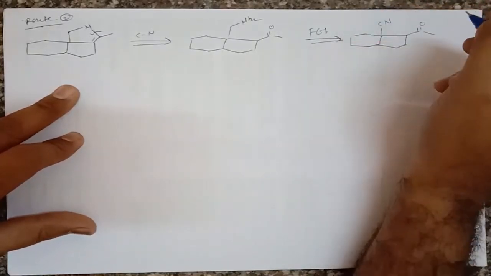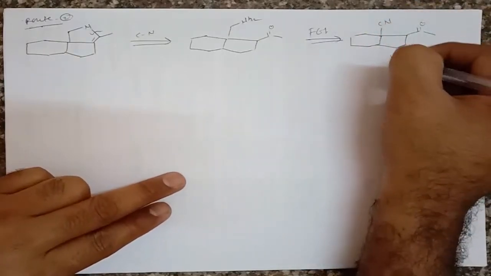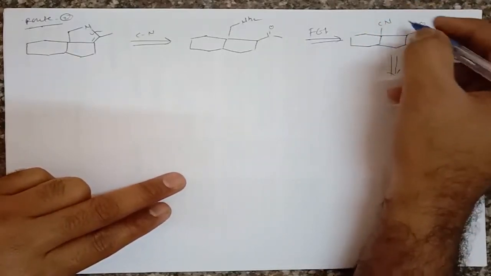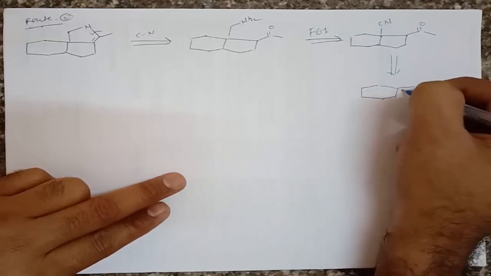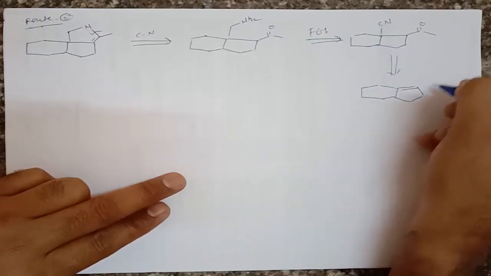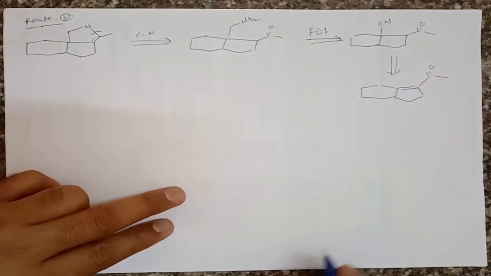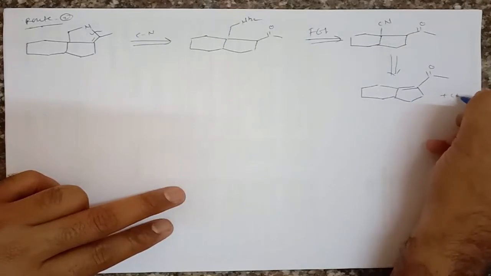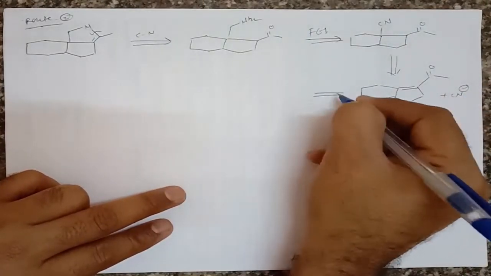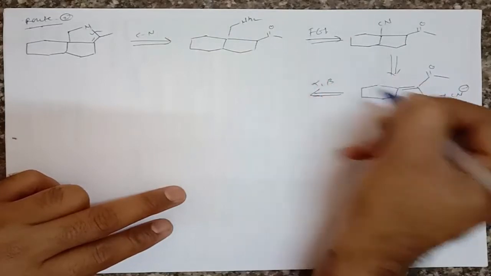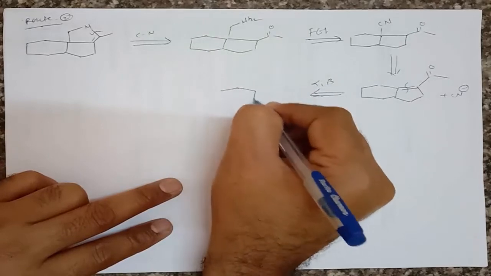That means we can convert this amine into the nitrile, and then we can prepare this molecule by simply attacking this cyanide on this alpha beta unsaturated system, and then it gives formation of this molecule, right? So we can convert this, and then the second layer is a nitrile, that is CN. Now we know that this is an alpha beta unsaturated system, therefore we can break this molecule here, and after breaking this molecule, what do we get?